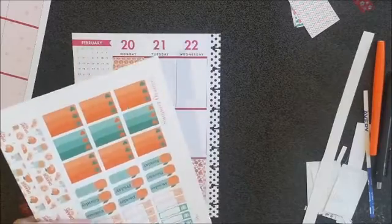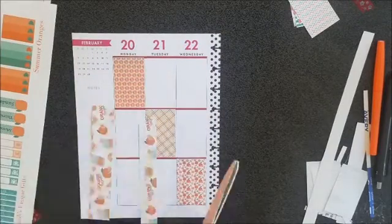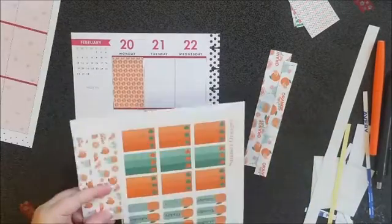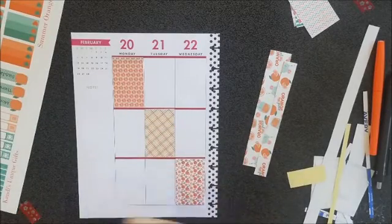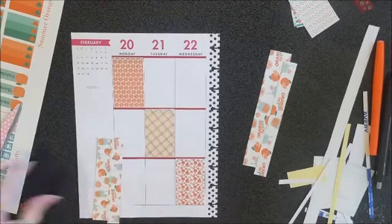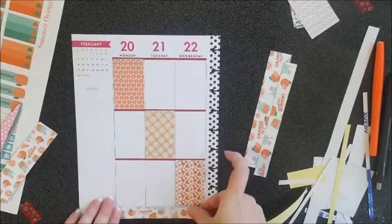Here you can see me cutting out the washi tapes, and then I realized after a second that I actually cut out the wrong side, so I go back in. I actually plan one page at a time while I'm doing this. So I do the Monday, Tuesday, Wednesday first, and I'm probably